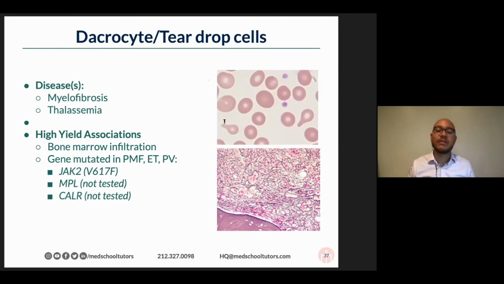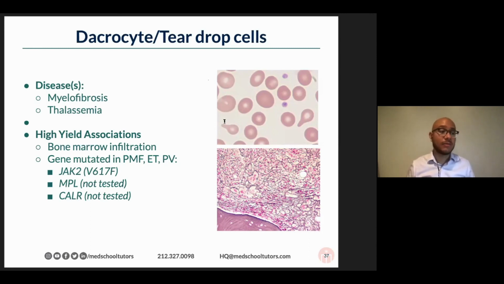The MPN, myeloproliferative neoplasm range of diseases, which is primary myelofibrosis, essential thrombocythemia, and polycythemia vera, are really commonly tested. JAK2 V617F,